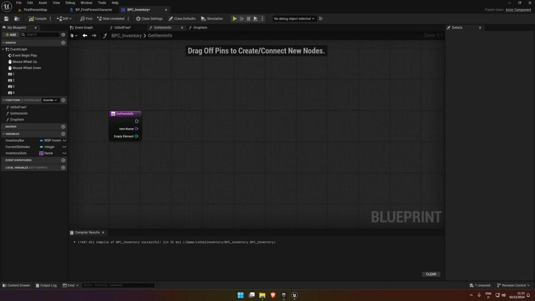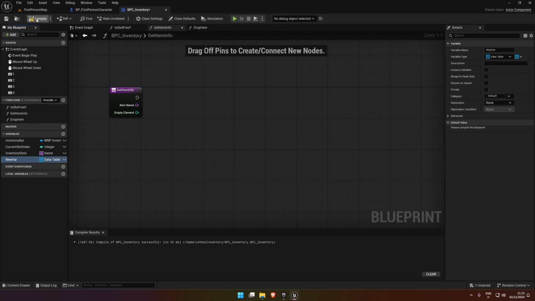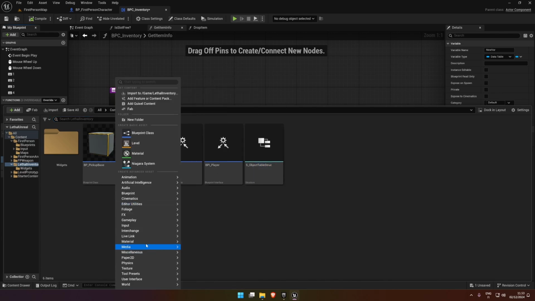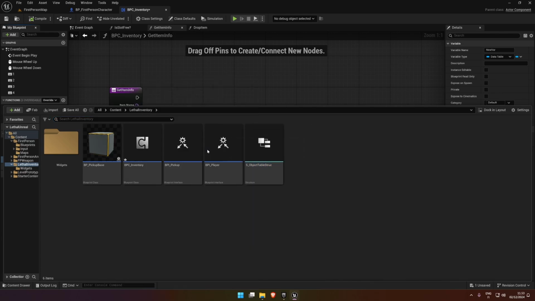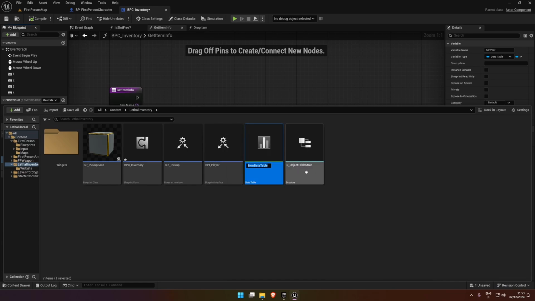Okay, so next we're going to add a new variable. It's going to be a data table. And then we're going to make sure that this is just a single. And next, create the data table. So right click, miscellaneous, data table, pick our new row structure. And we're going to call this DT underscore